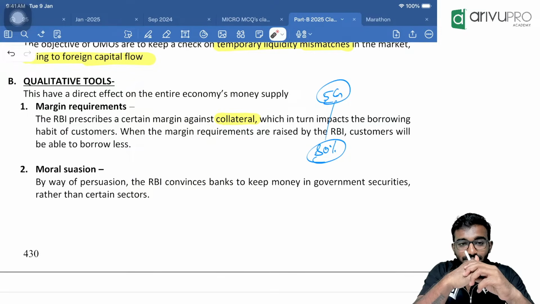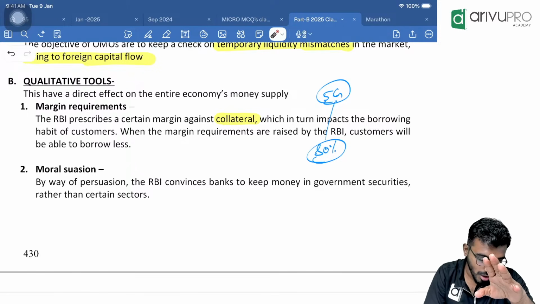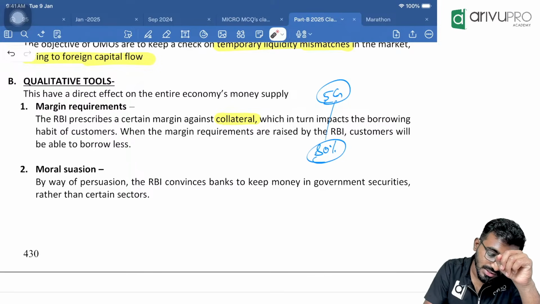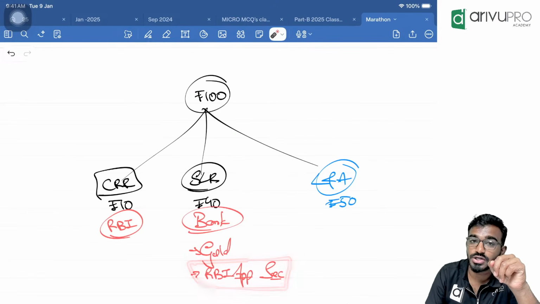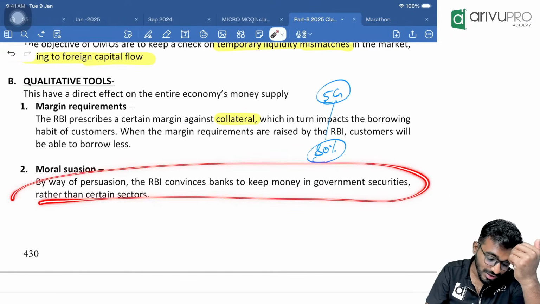See, we know that people don't like it. Banks don't like it. But still you have to keep quiet and follow that. Whatever I am saying, you have to follow that. That is called moral suasion. Morally persuading, morally pressurizing commercial banks to follow instructions set by RBI. For example, in this CRR concept, you have to keep it only in RBI approved securities. That is government security, not in any other security. Even though another provides better returns, you can't keep it like that.